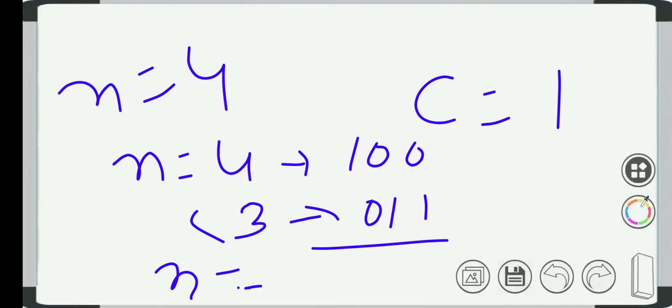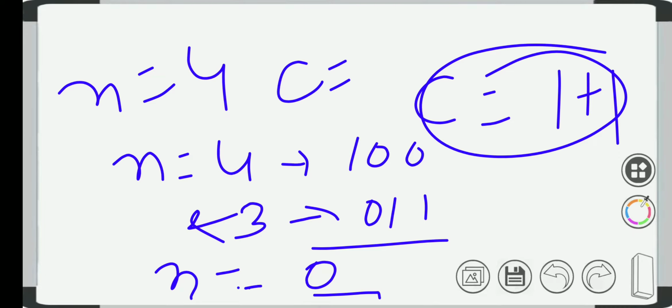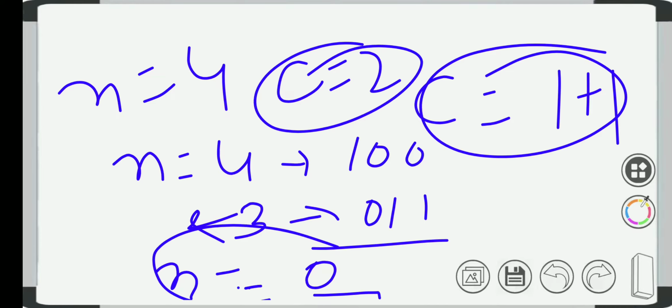After performing the bitwise AND operation, we find that n will have the value 0, and c will be incremented from 1 to 2. So here c has the value 2 and n has the value 0, and when n has the value 0, the while loop condition will be false, and it will come out of the while loop.